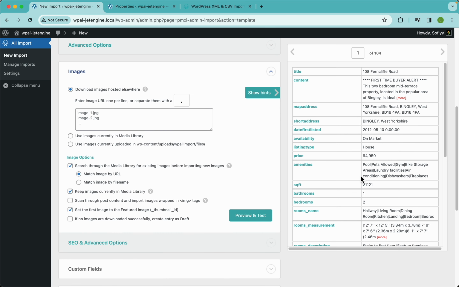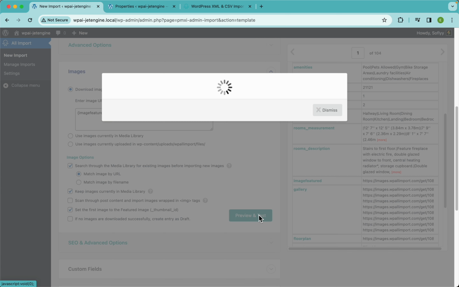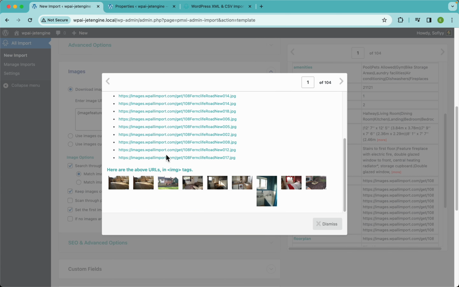Now in this images section, I'm going to drag and drop this image featured element. Then I'm going to place a comma, and I'm going to drag and drop the gallery. The reason I'm going to do this is because these images are actually separated with a comma. So if I hit preview right here, you will see the different URLs, and here is a preview of the